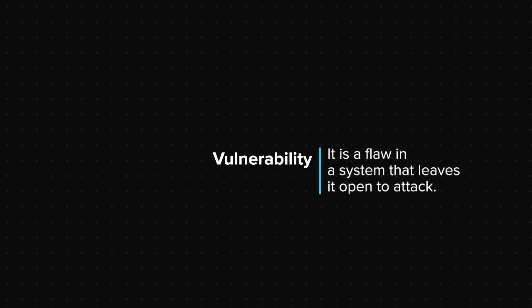The second phase is vulnerability assessment, or VA. So before we see what happens in this phase, let us first understand what a vulnerability is. A vulnerability is a flaw in a system that leaves it open to attack. Vulnerabilities are nothing but security loopholes or weak entry points in a system. This term will appear a lot in the training, so remember it well.